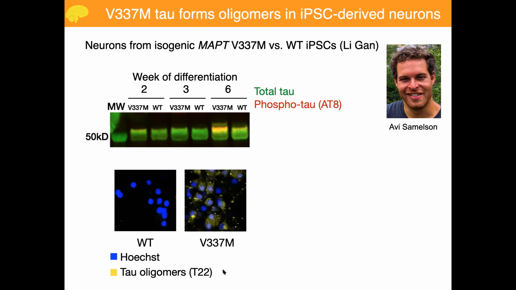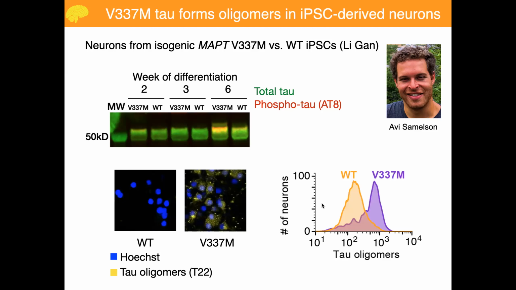And importantly, Avi is able to couple this to flow cytometry, and thereby you can see the mutant neurons are shifted to higher levels of tau oligomers. And so on that basis, we can now conduct, for example, deep mutational scanning in a high throughput screen based on flow cytometry sorting. The deep mutational scanning part of this is still ongoing, but I'd like to share with you what we're already doing to work on the other